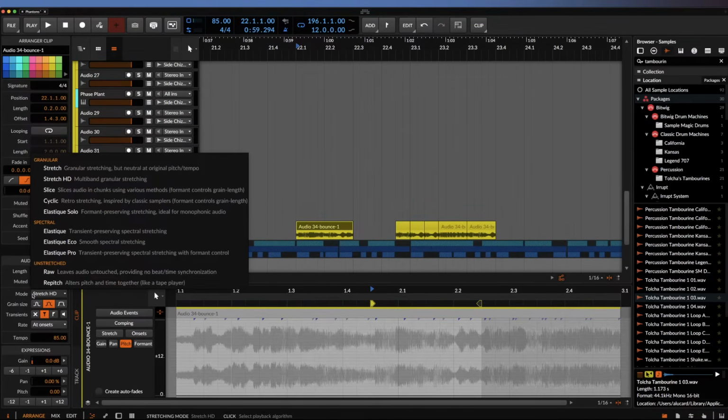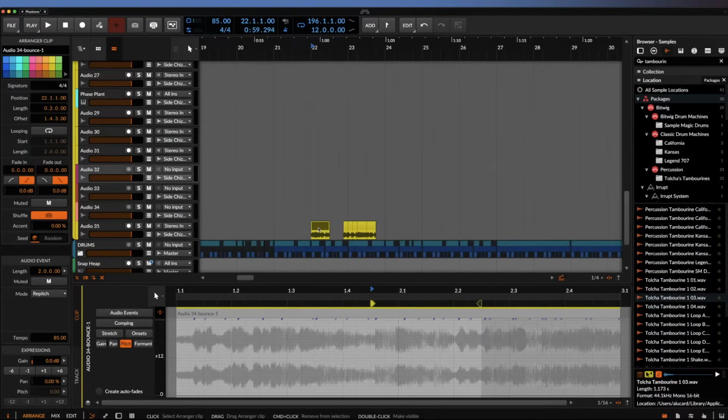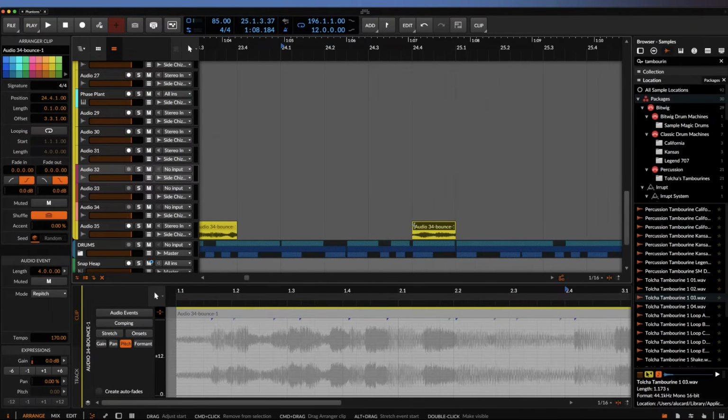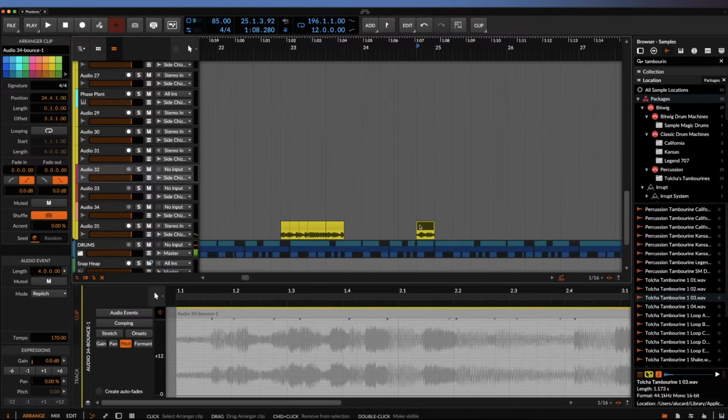So you could switch this into repitch mode. And if you do 50% or 200%, then it's still going to be in time, because you're turning it up an octave or down an octave. So for example, if I were to play this, right, that's in time. But likewise, if I were to do it like this as well, it still works. Now maybe not everything works, but that little phrase at the end was kind of cool. And then you can use it like that in that particular sense.